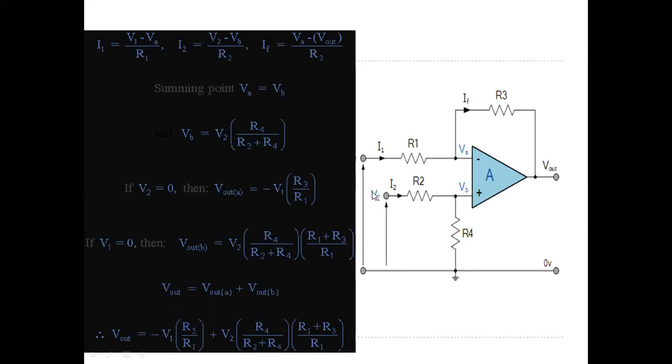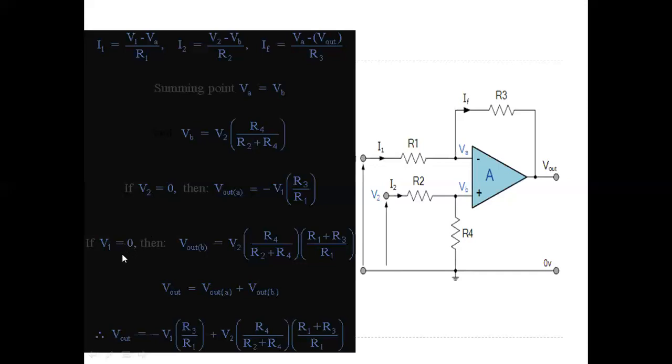In this case also we are maintaining this source as 0 and we are applying input to the inverting terminal of the op amp. And what is the output? The gain A is equal to V0 by Vn is equal to minus Rf by R1, or V0 is equal to Vn into minus Rf by R1. So here Vout is equal to Vin, which is V1, into minus Rf by R1. Rf means R3, so it is minus R3 by R1. So this is the output voltage by the effect of voltage V1, by maintaining the other source V2 as 0.